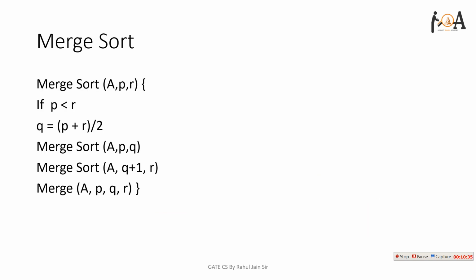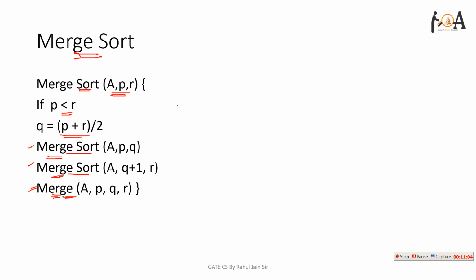Okay guys, now let's come to the main topic, that is merge sort. So after merging, we need to apply the sort algorithm, merge sort(A, p, r). Basically if p is less than r, we need to divide it into two halves and apply merge sort on the first half, merge sort on the second half, and then we need to merge. So this is merge sort, this is merge sort, and this is merging. These merge sorts are different from merging.